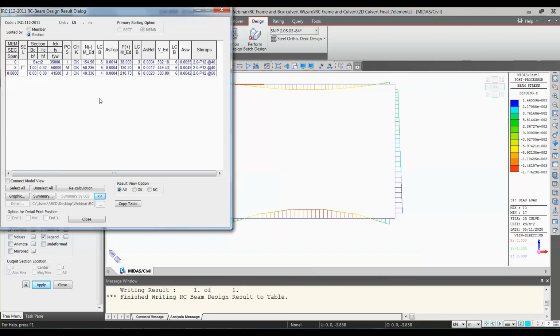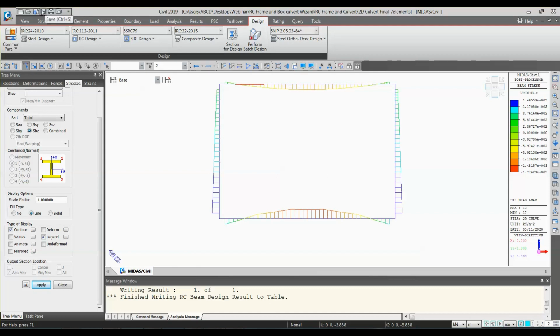Now if you have got star and star instead of okay, that means it is okay for positive capacity check, it is okay for shear capacity check, and where N is present, that means it is not good for the negative moment. If instead of okay it is shown as P star star, that means for the positive bending capacity it is not okay, but for negative and shear it is okay. So this is how it is given in the online help manual as well, so you can refer to it anytime. Okay, so let me close this now.